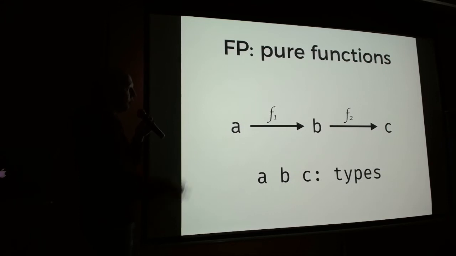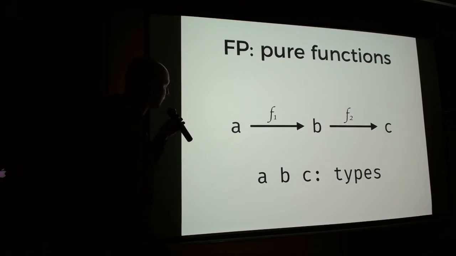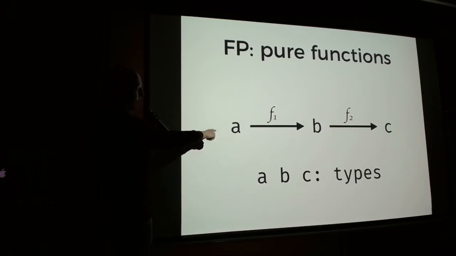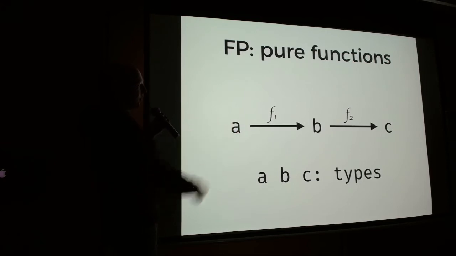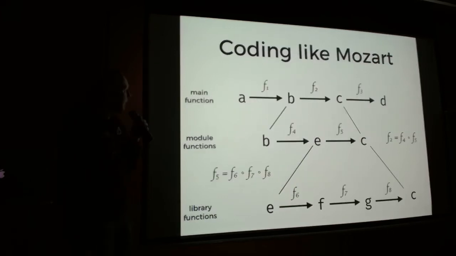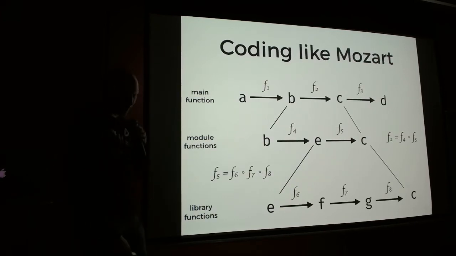Anyway, you know pure functions. Pure functions are fun, right? They're easily testable, they return predictable results, and you can easily compose them. So you can have a function from type A to type B, and a function from type B to type C. You can just compose them and get a function from type A to type C. And it's really simple